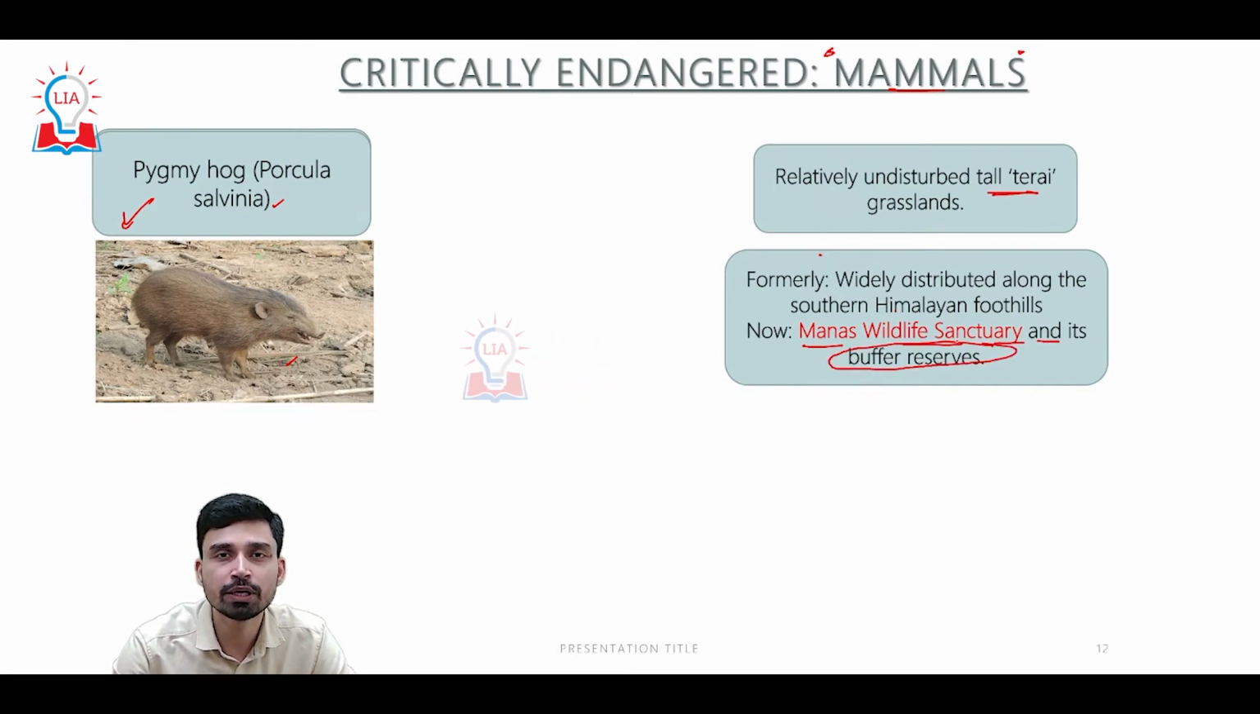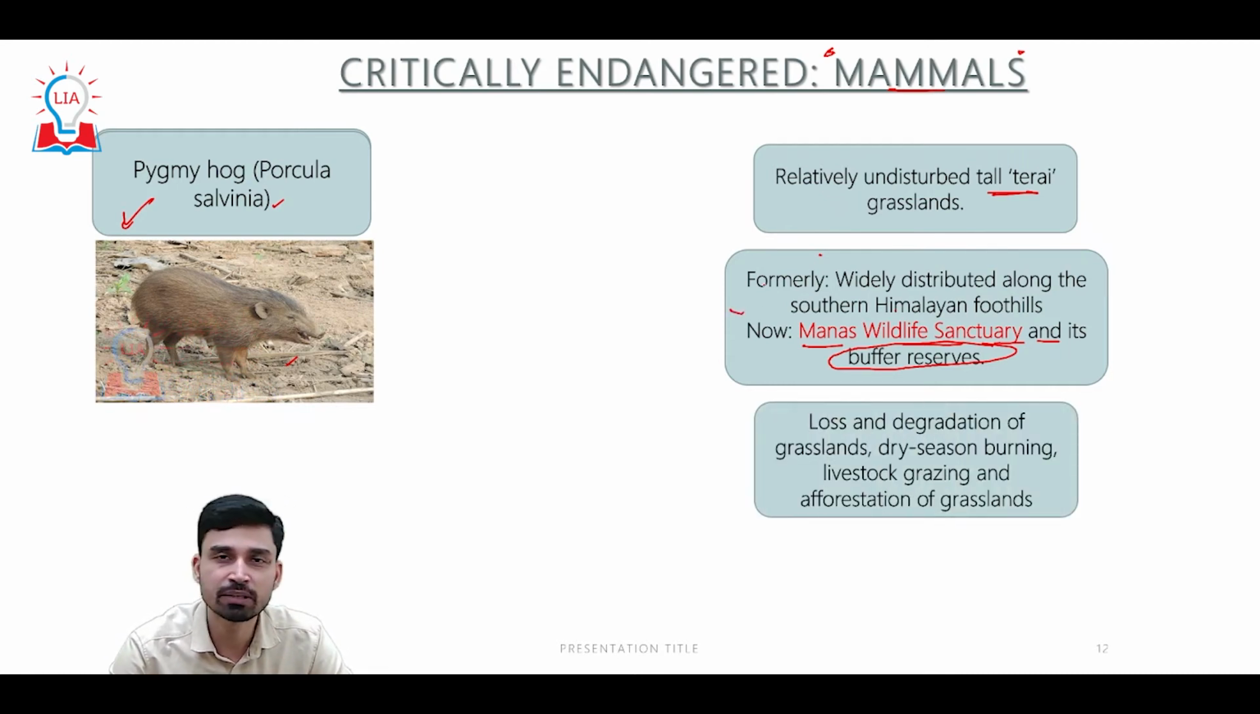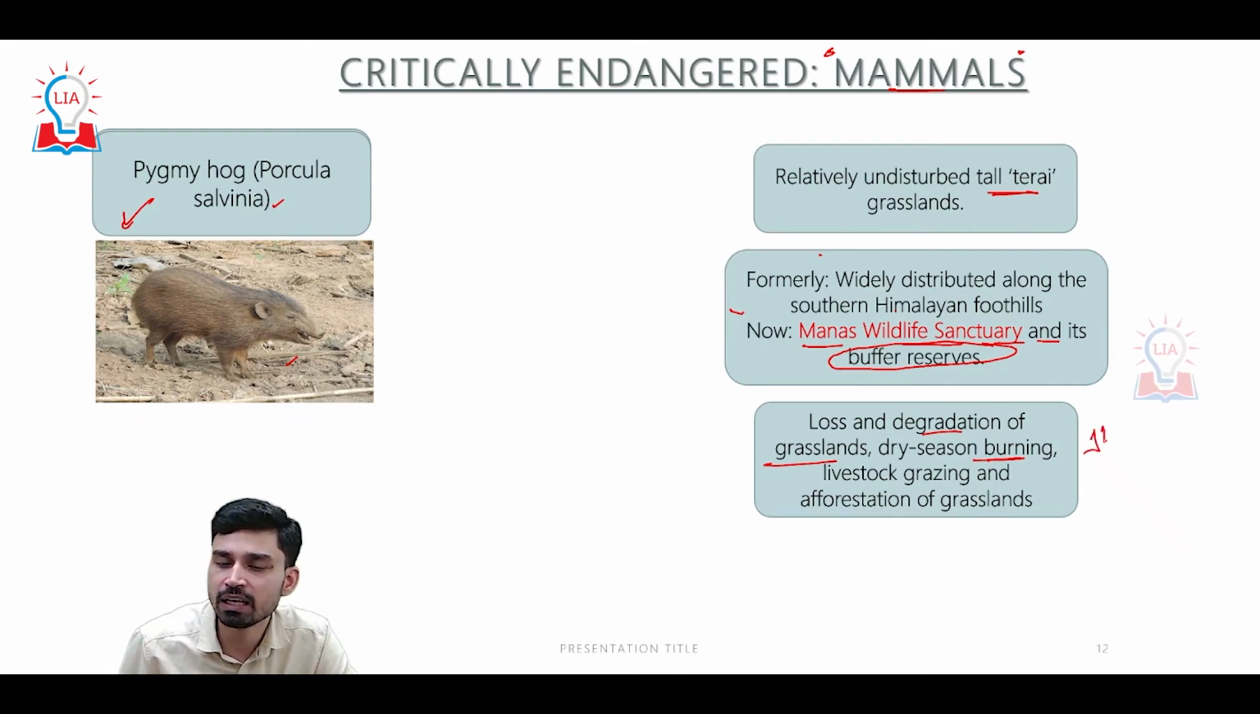Manas Wildlife Sanctuary is an area situated at the border of the Royal Manas National Park of Bhutan and the Manas National Park of Assam. So in the Assam and Bhutan region is where we can find the Pygmy hog. The major threat, as I discussed before, is the loss and degradation of grasslands, mainly due to conversion into agricultural land. Also, tribal people who live in this area sometimes practice shifting cultivation, also called